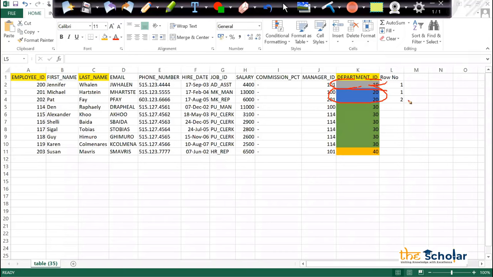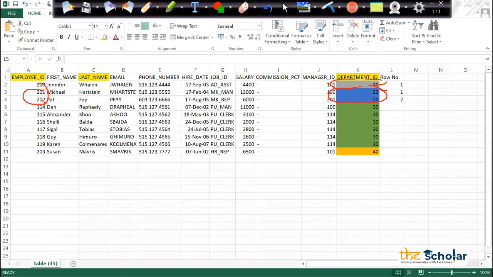Obviously order by will give me the ascending order. So 201 will be the first record, 202 will be the second record. The first row number goes to the lowest employee ID, that is 201, in ascending order, and the second row number goes to the second value.